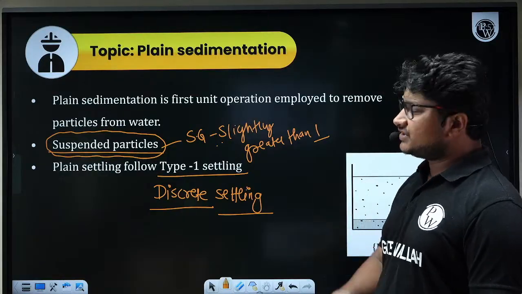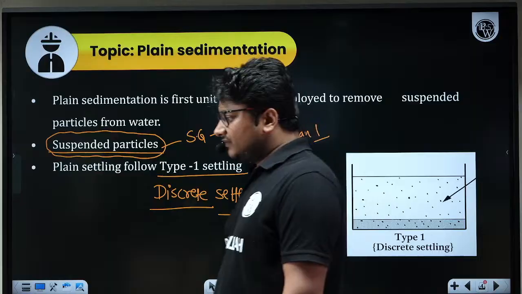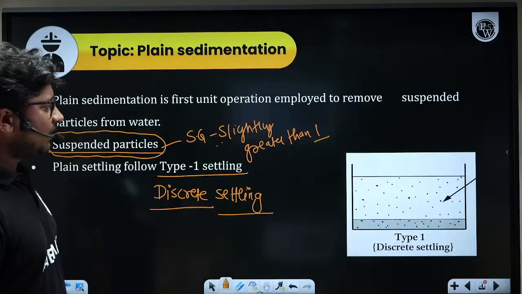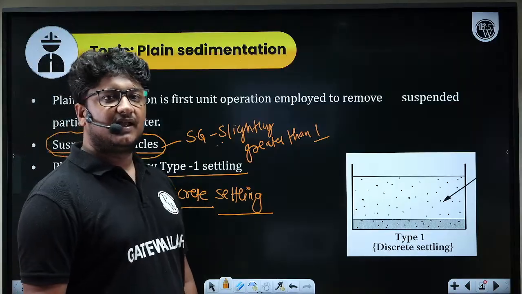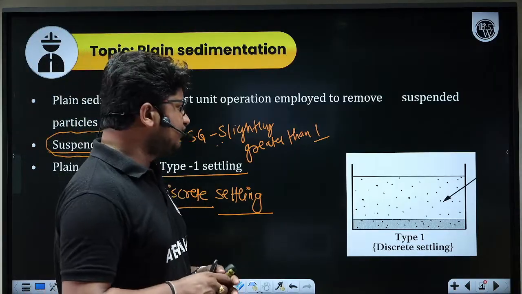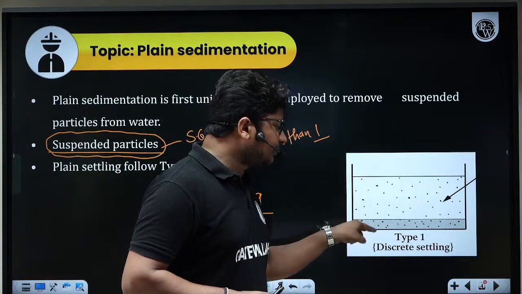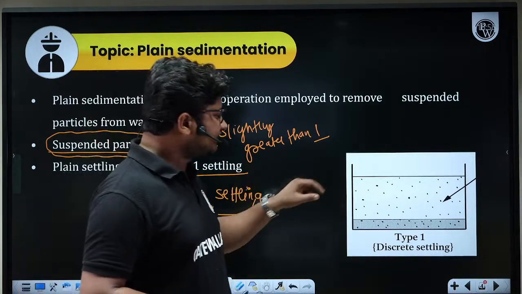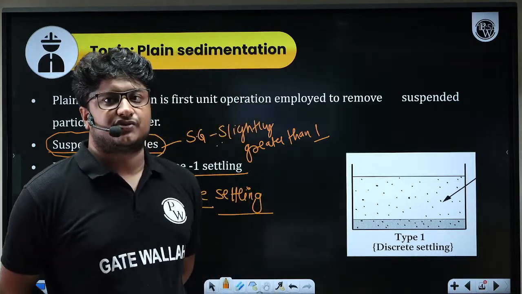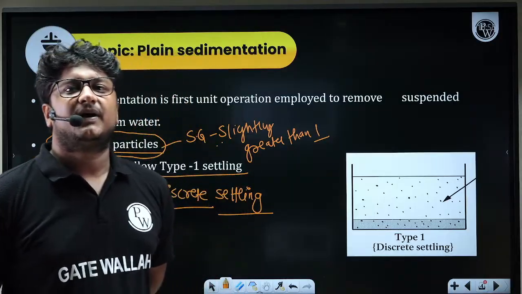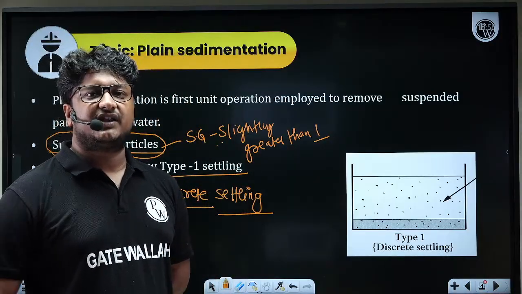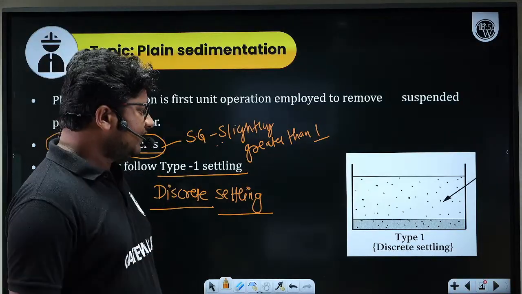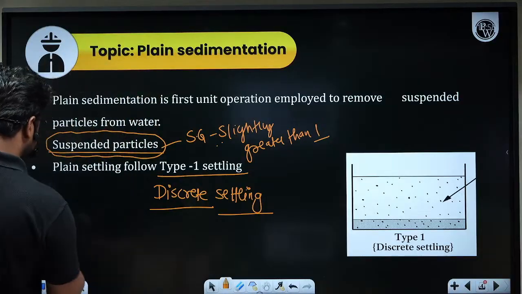Now the next question arises: if you talk about the settling velocity of the particle, what type of settling velocity are you considering? Generally, if you see a particle going from top to bottom, g will be applied, acceleration due to gravity, and because of that the particle will be in an acceleration mode. But taking that into consideration makes it very difficult to analyze the situation. So what we are saying here in this type 1 settling,